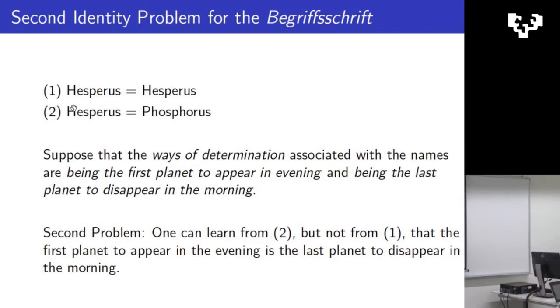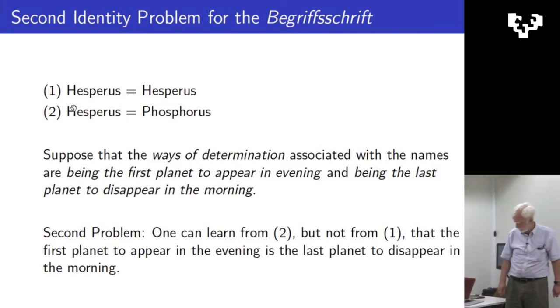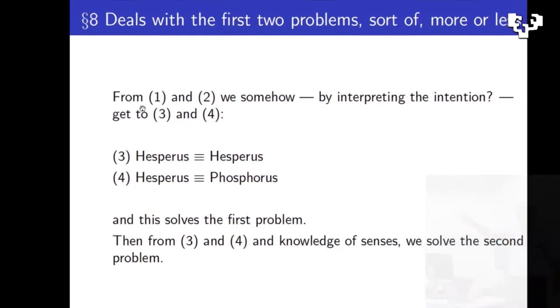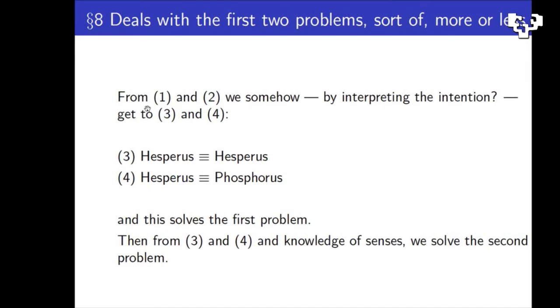Okay, but it should not be sneered at, as he did. I mean, how do we get from 1 and 2, that's with the identity sign, to 3 and 4? Well, he never really says. And once he gets into Begriffsschrift, he kicks out the identity sign, so he doesn't have the problem anymore. But it looks like he's saying, well, this is what you really have in mind. And he uses a phrase like that in looking back on his theory and on sense and reference. So it was just kind of a magical step, but seems kind of right.